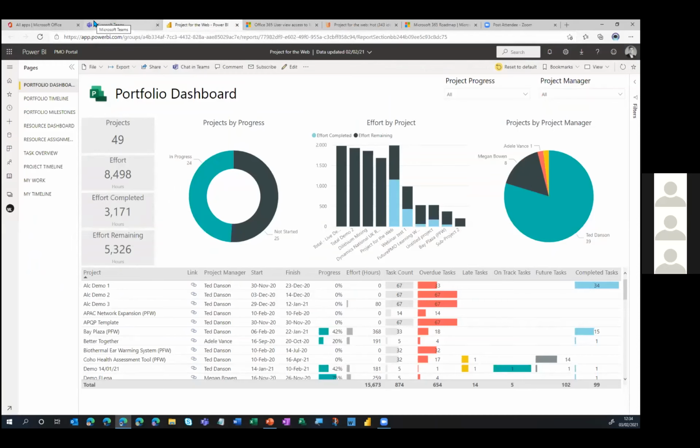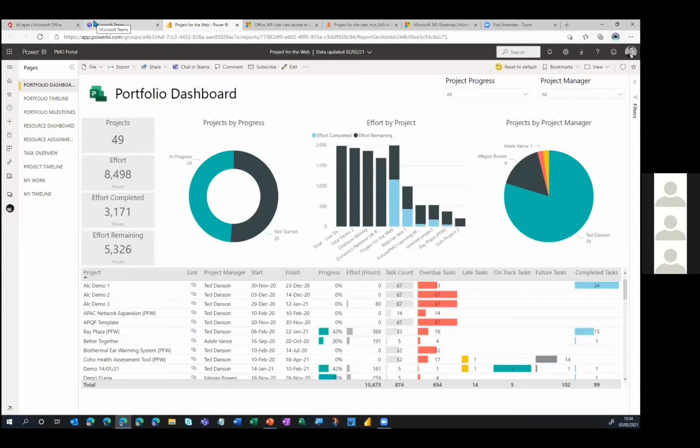So I've demonstrated very quickly the power of Power Apps there, just to give you an example of what is possible. Of course, there's a lot more that we can do. We can build in things like prioritization features, more complex financial management as well. So again, there's a lot that we can do, but that was really to give you a taster as to what is possible, to get you thinking about the possibilities.